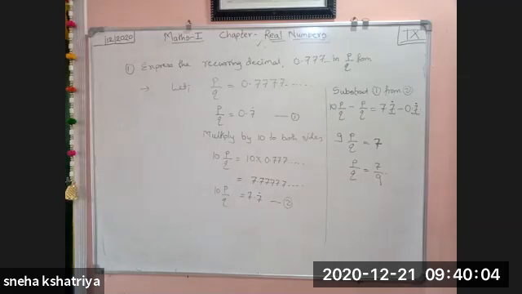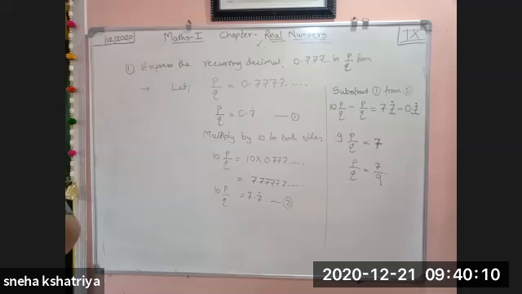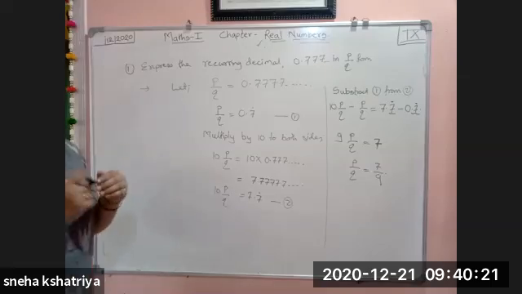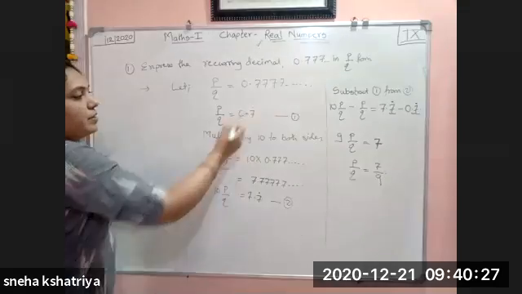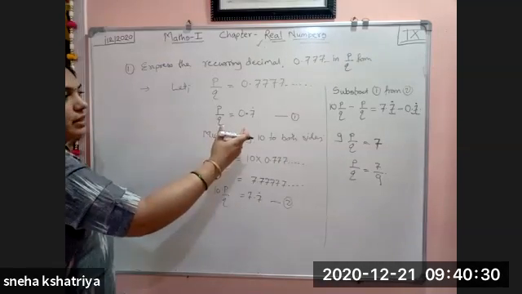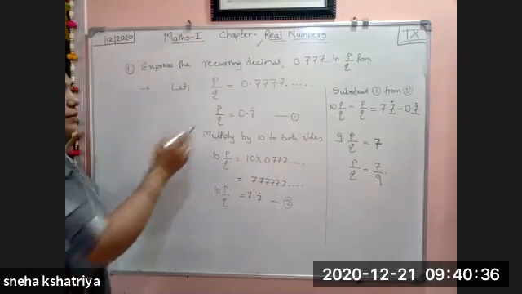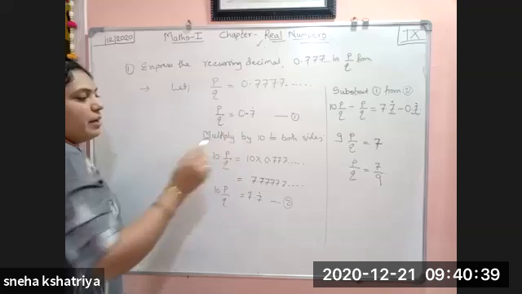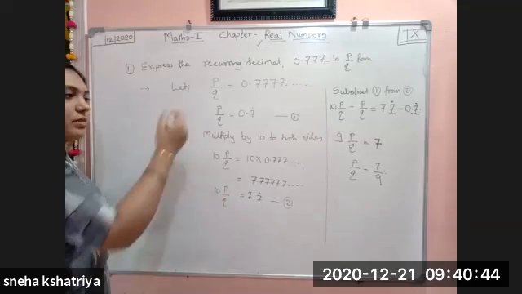That is page number 21. Remember this, there is a box. There they have given two things. First one is: note the number of recurring digits after the decimal point in the given rational number. Accordingly multiply by 10, 100 and 1000. Whatever the numbers are repeated after the decimal, accordingly multiply by 10, 100 and 1000. If one number is recurring, multiply by 10. If two numbers are recurring, multiply by 100. And if three numbers are recurring, multiply by 1000, and so on.